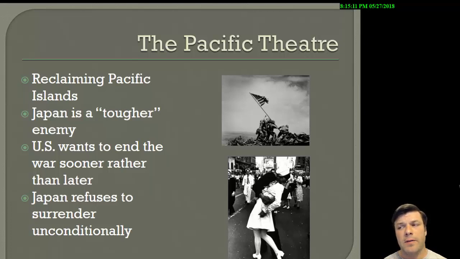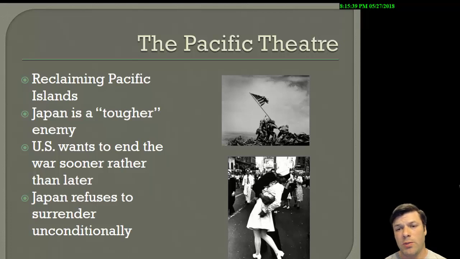By 1945, clearly, there was no way that the Japanese were going to win. We had really begun to turn the tide, I guess you could say, as early as 1942. The Americans are on the offensive and the Japanese are going to be on the defensive. And we begin to push into the islands that surround the Japanese mainland. Probably the most famous of these battles is going to be Iwo Jima.